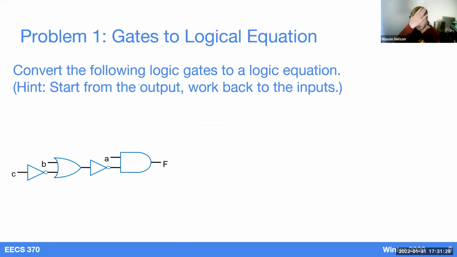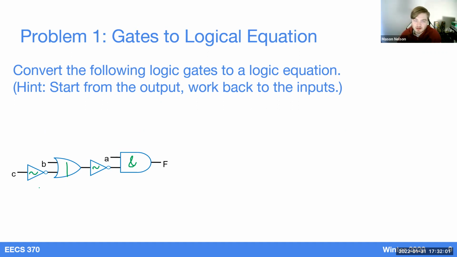let's go to our first problem here. So we have some logic gates for you here, and I would highly recommend memorizing what these look like. If you see this kind of block-shaped D gate, that's going to be an AND. And when we see the crescent curved one, that's going to be an OR. And anytime we see a little bubble, that's going to be a NOT gate. So I'll mark that as NOT. And so